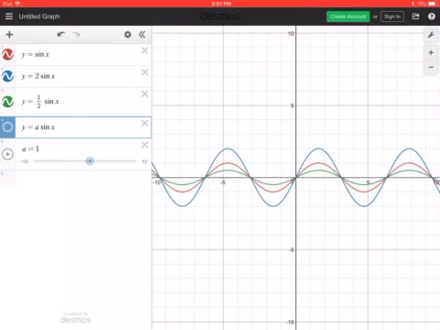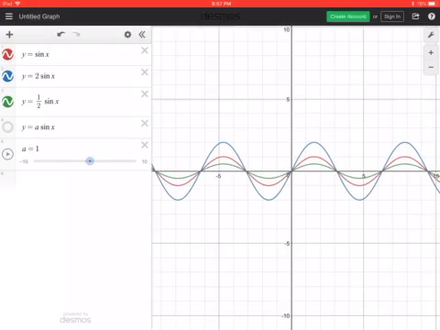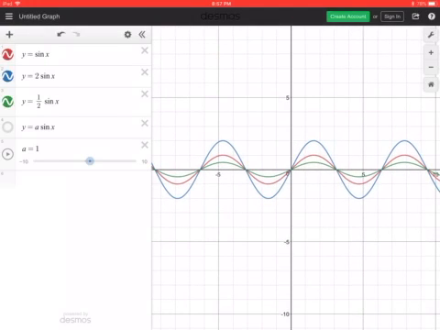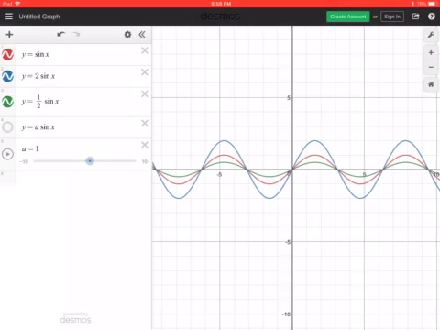Hopefully we notice quite a few things, right? I'm hoping that we notice not only that I have a taller graph perhaps whenever I have a bigger number there, like the 2, and a shorter graph when I have that 1/2, but the similarities is also important. Notice that your actual x-intercept